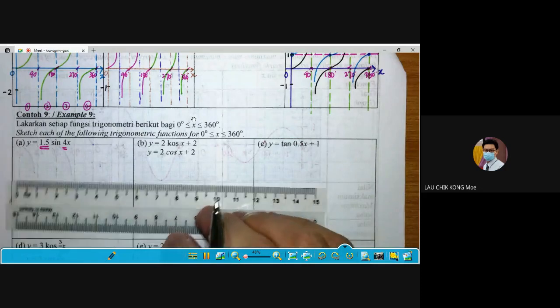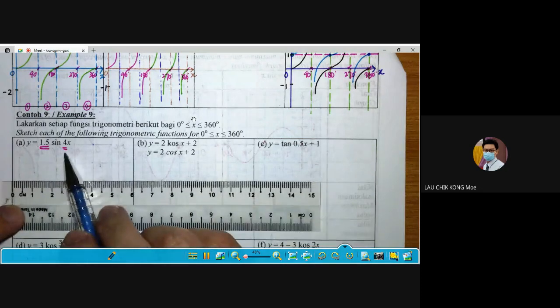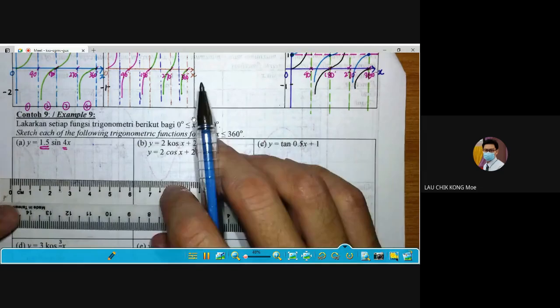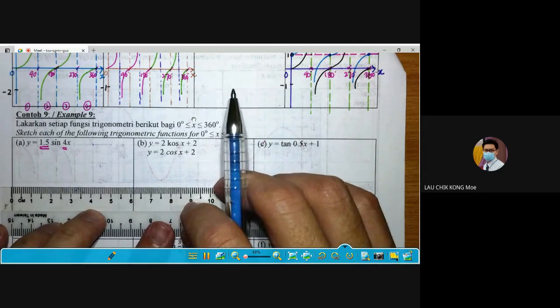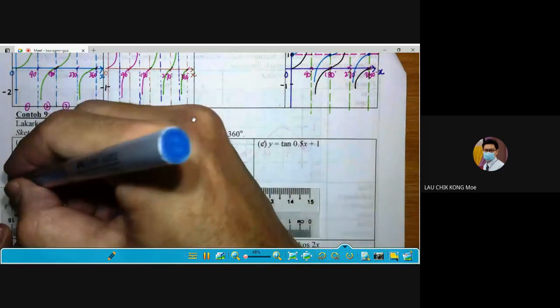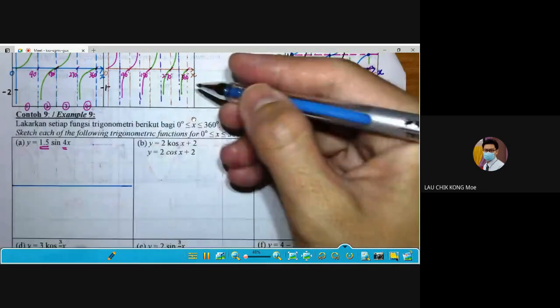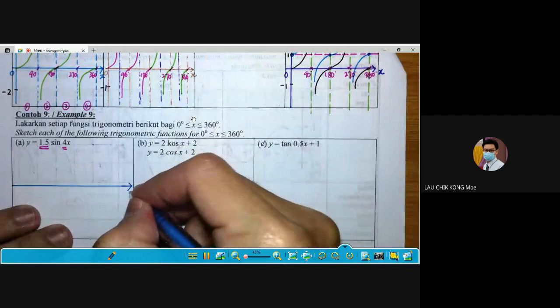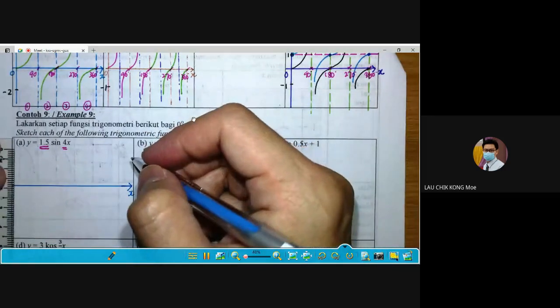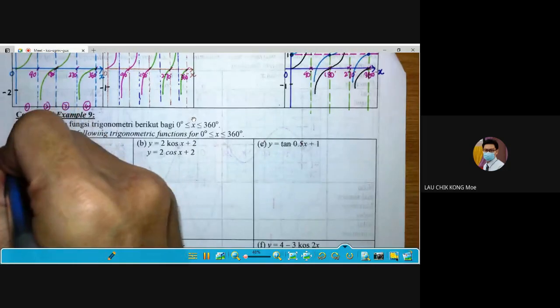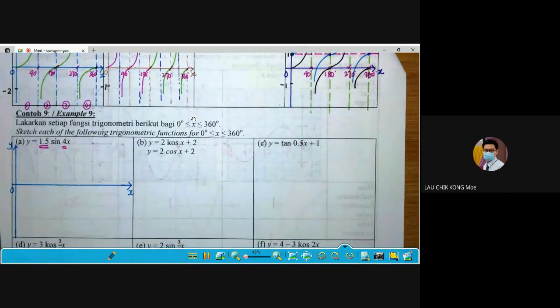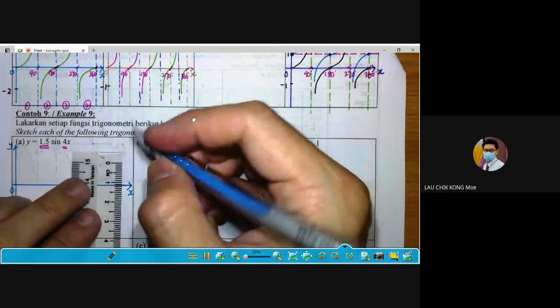Diane, what do you mean by the 4? What do you mean by the 4 period? Okay, so many period now, so we need to draw 4 periods. Okay, but we still inside 360 degrees. So itu dia x axis and then the y axis. Okay, this is 0. So if 4 period, maybe we divide to 4 big columns.